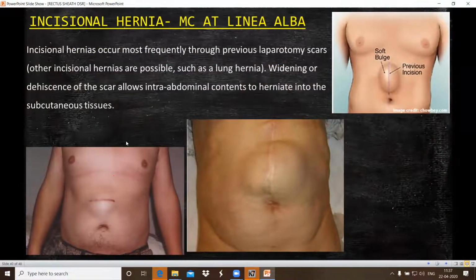Next, incisional hernia. Incisional hernia is very common about the umbilicus because here, already I told, the linea alba is avascular, and generally abdominal surgeries are done here because it is avascular, with no nerves and no muscular attachment. The drawback is that because the linea alba is avascular, healing becomes late and leads to the incisional hernia. So incisional hernia is common above the umbilical region because the linea alba is avascular.